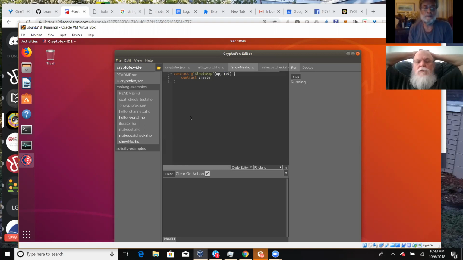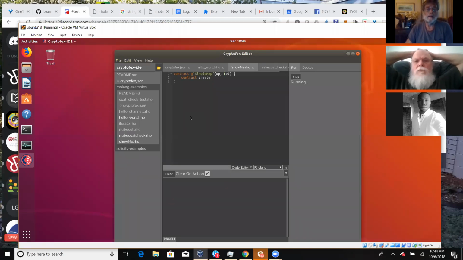Question is, on a simple map, the only thing we can really have is a create operation. It's the only thing we can really do.